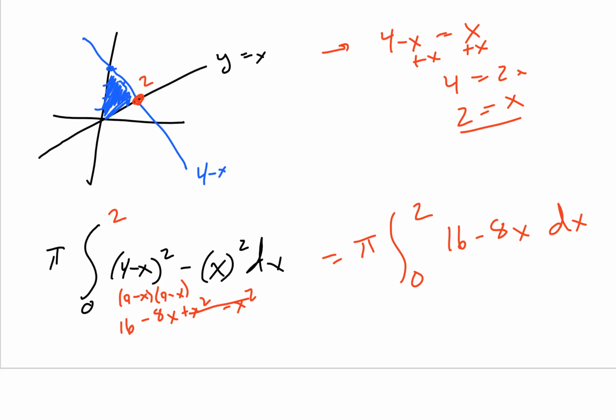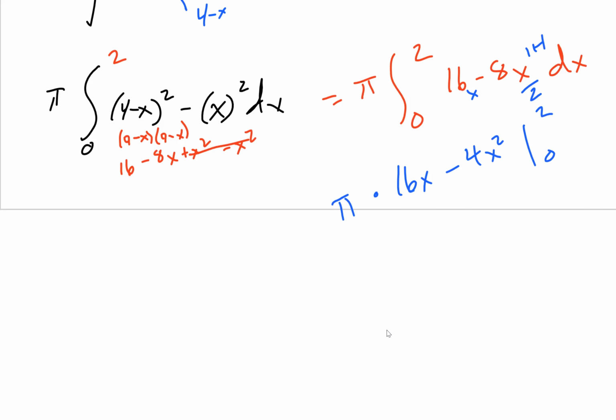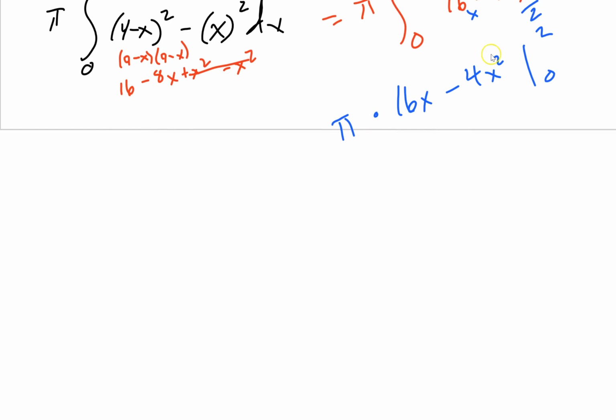And that's easy enough to solve. We can do this. Let's finish on a strong note. So we integrate this, add x there. This is a power rule. So we're going to get 16x minus 4x squared from 0 to 2, all times pi. Then from here, as we always do, plug the top one in minus plugging the bottom one in. So it's going to be pi times